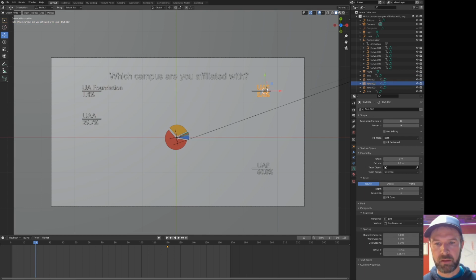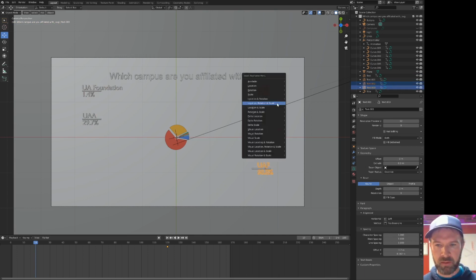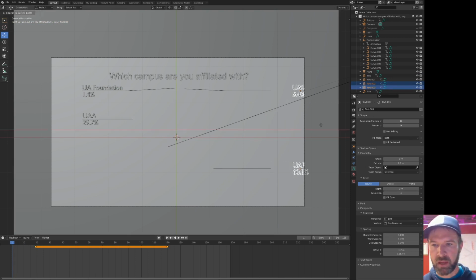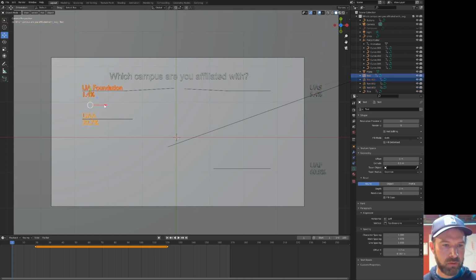I'm going to select these two and give them a keyframe right there, and then I'm going to scrub back to 1. So these are all going to animate from the other side here. Scoot them out, give them a keyframe, scoot these ones out, select them all, give them a keyframe,